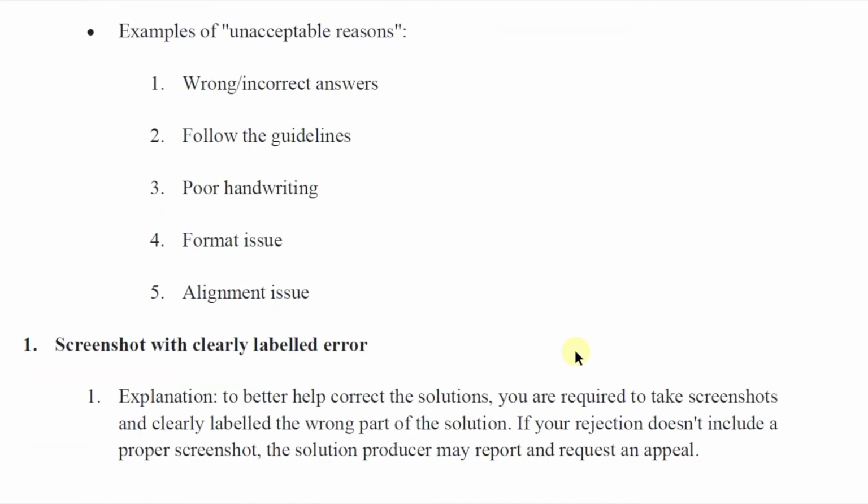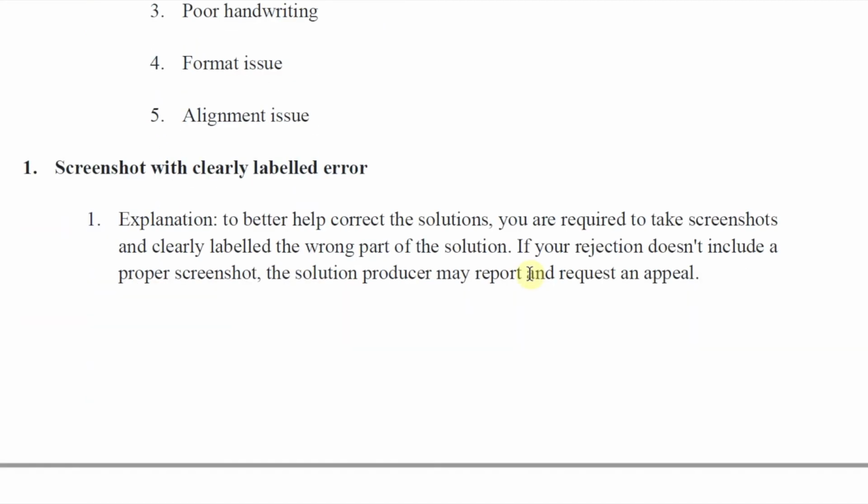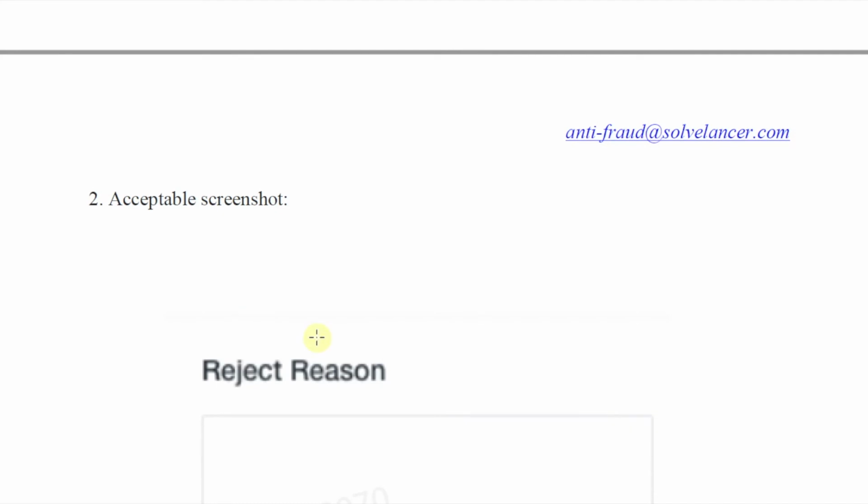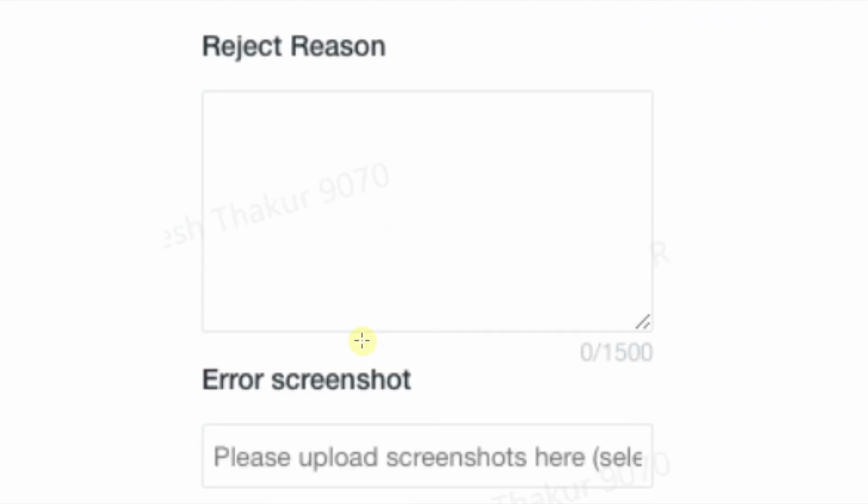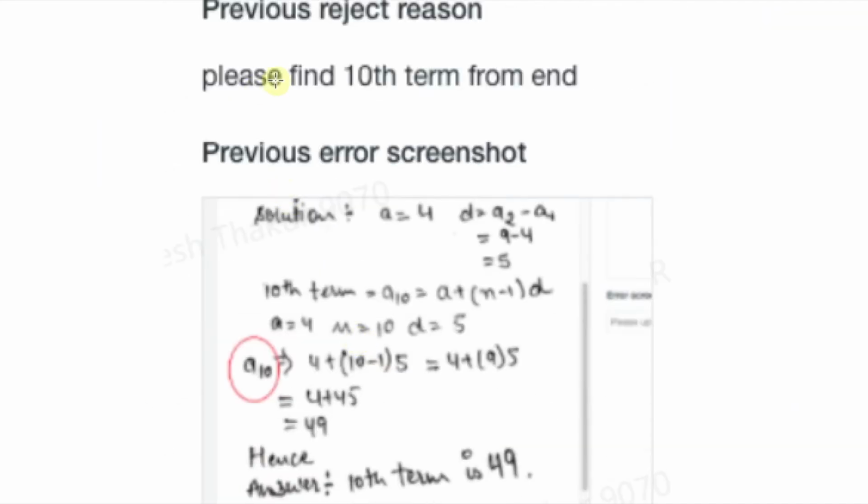Now, if you see the screenshot with a clearly labeled error, it helps producers understand why you are rejecting their answers, so they can rectify their mistakes. Because of this, a proper screenshot with a correctly mentioned reason is necessary. So if your rejection does not include a proper screenshot, the solution provider may report and request an appeal to the referee. So an acceptable screenshot will be a reject reason, like in this case, if you see, please find the 10th term